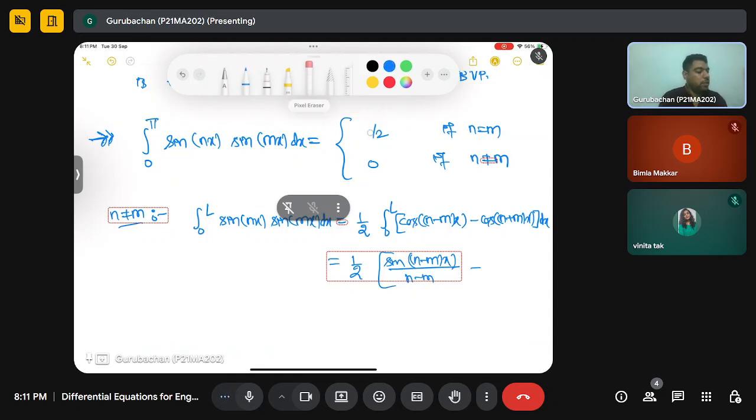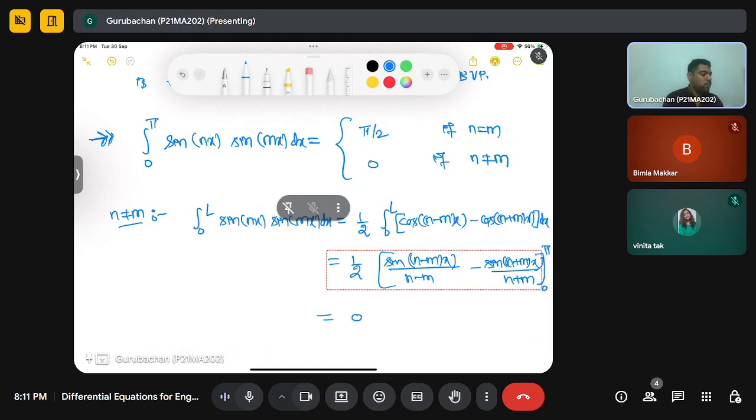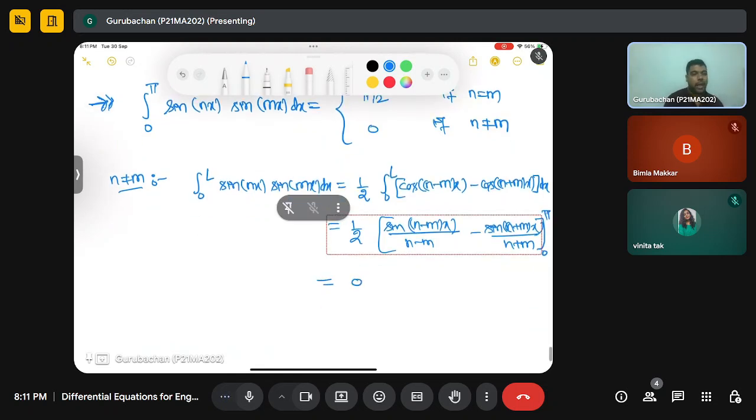If I have to take it in terms of L, then it will be n pi x by L, evaluated from 0 to pi. So this will give you 0 value, because sine n pi is 0 and sine 0 is 0, and when n equals m,